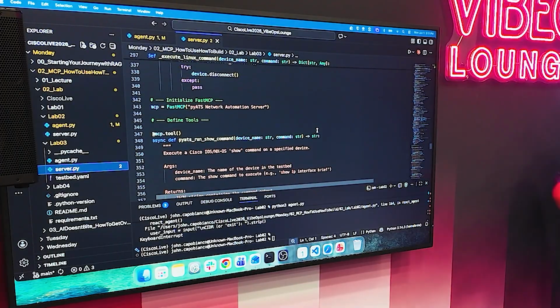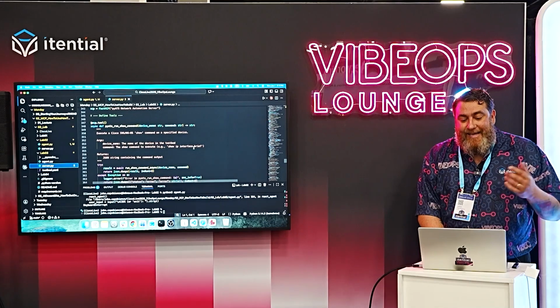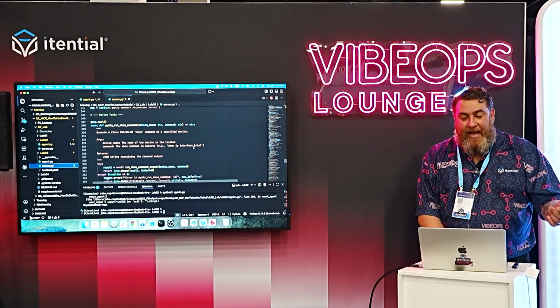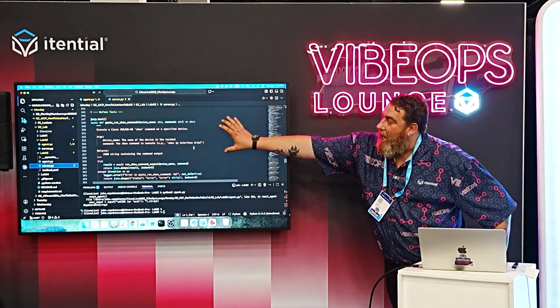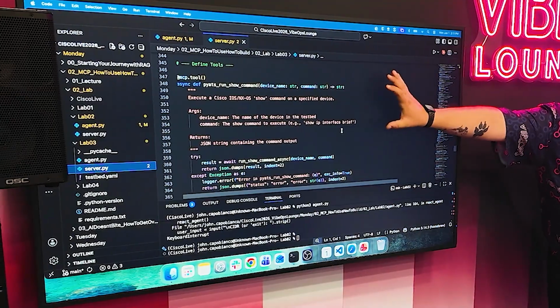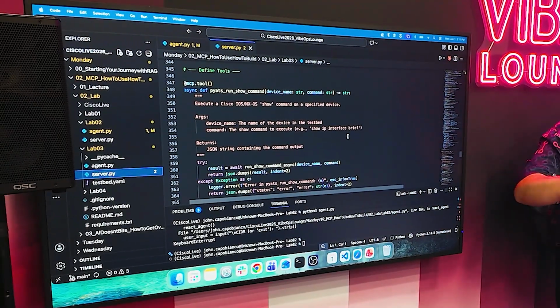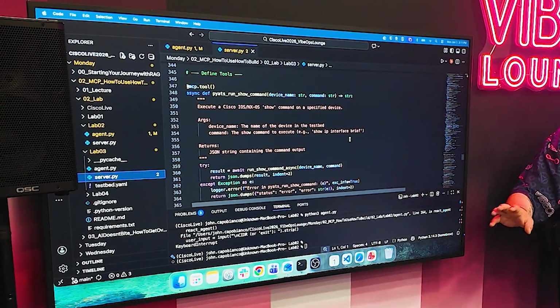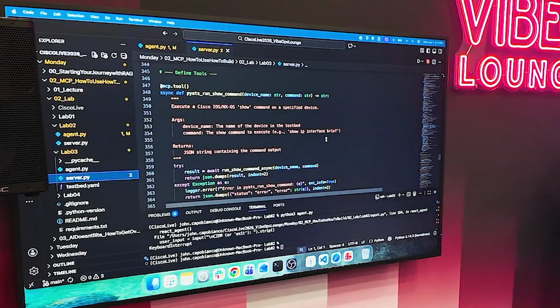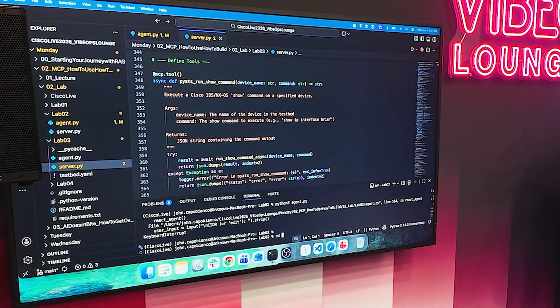So there's our FastMCP instantiation. Here's the tool, asynchronously run the show command. Now this is known as a docstring, and the agent will read the docstring to know when to pick this tool, what this tool does, how it can be used. So if I switch over to lab 3